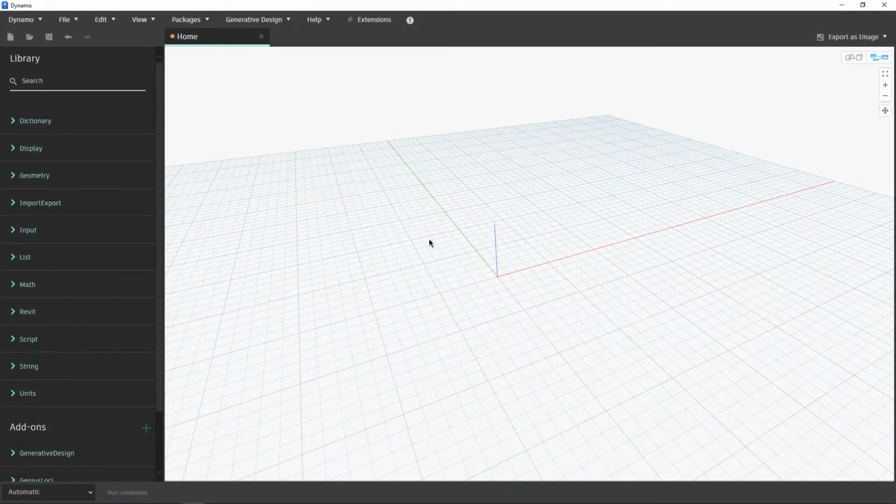Hey everyone, you're watching the Inside Out BIM, and today we're continuing our series on vectors. In this case, having a look at dot product. If you haven't watched the first part, make sure to do it because we covered the essentials of vectors in